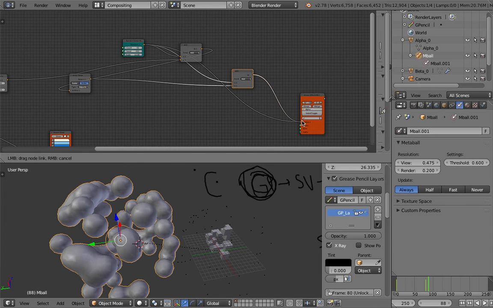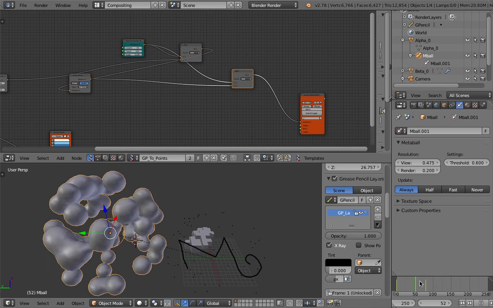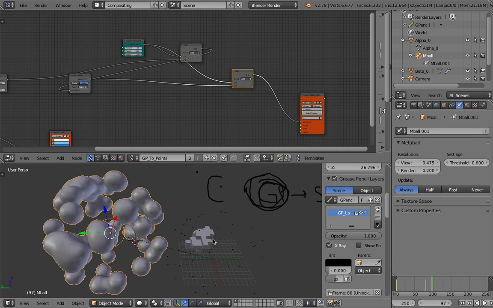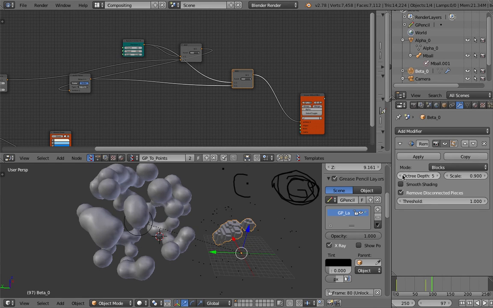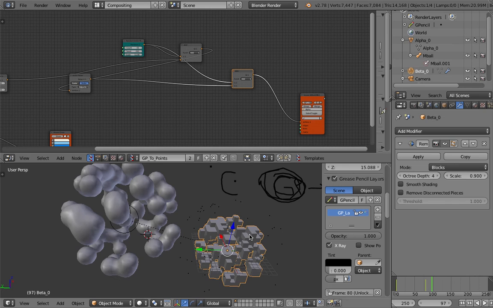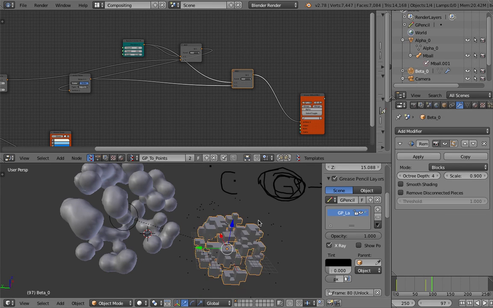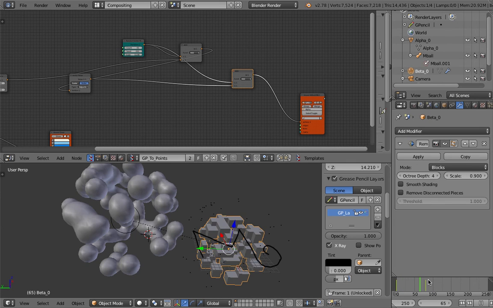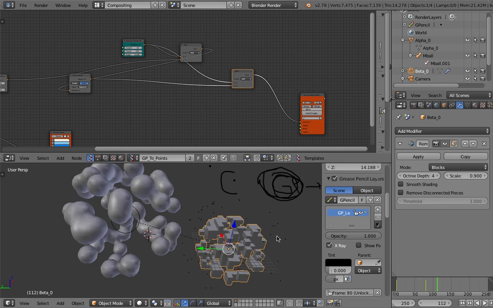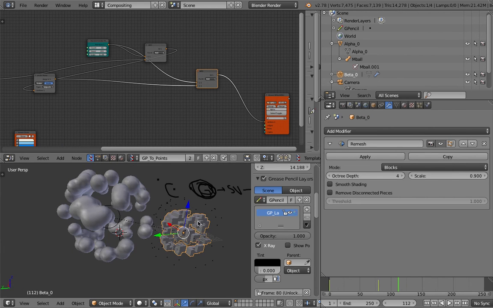The result should go into vertices. Now the MetaBall should be dancing, and this should generally, okay, remove disconnected pieces to be off. There you go. That's like dancing MetaBalls, and the result with a remesh modifier is kind of a Lego brick design,